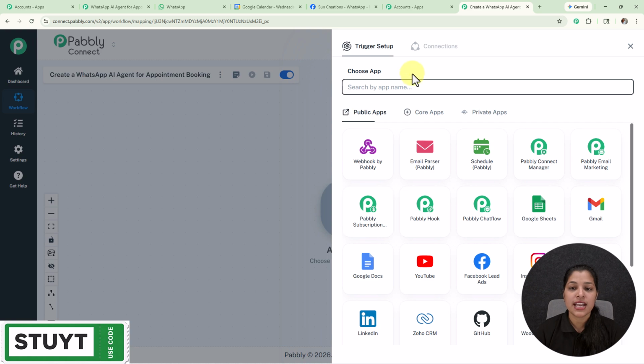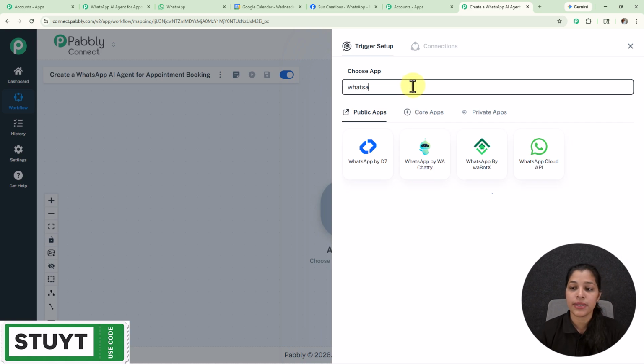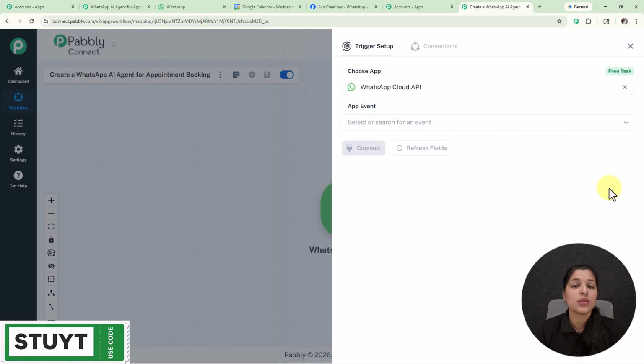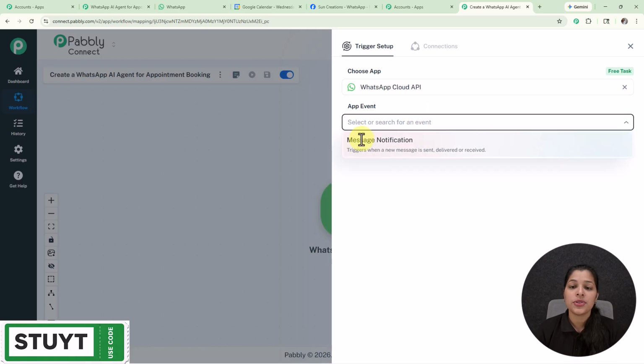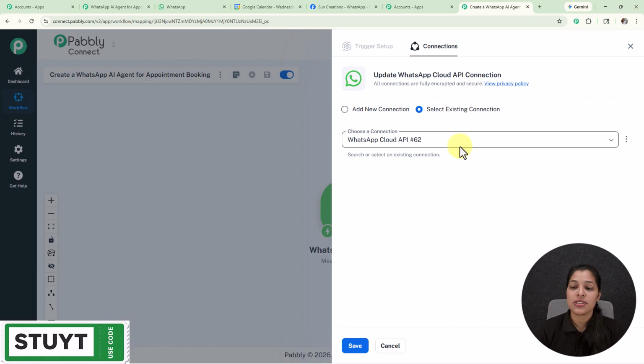So now let's click over this add trigger button, and here I'm going to search for my trigger application, that is WhatsApp Cloud API, and here I'm getting this application, so I'm going to select it. Now I'm going to select my app event as message notification. Now let's click over this connect button, and here we are landed to the connection page,